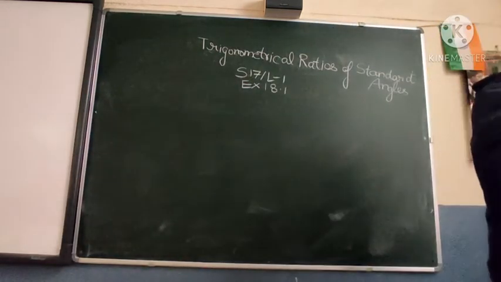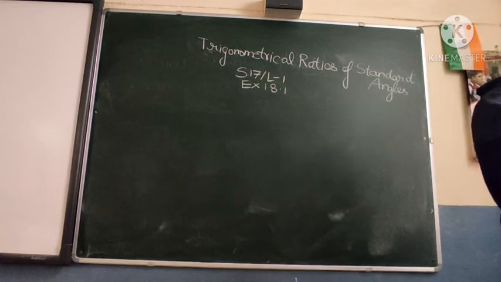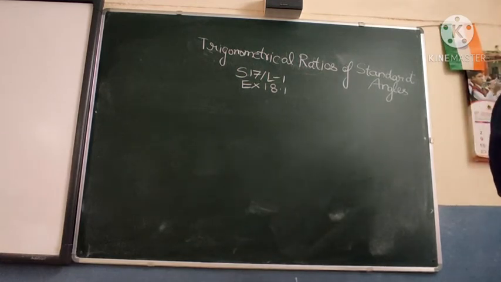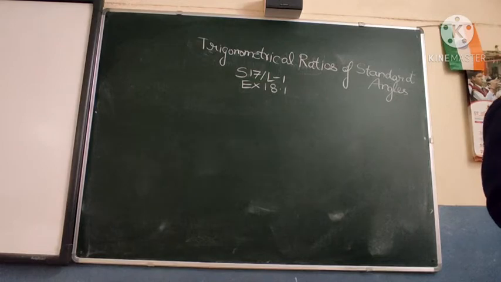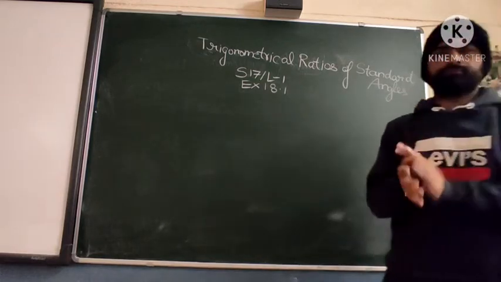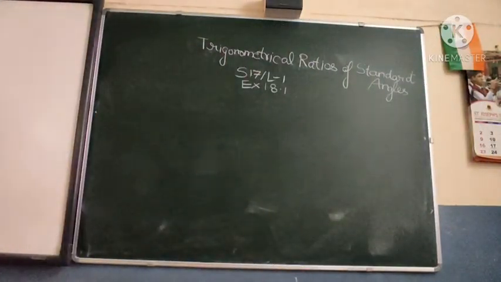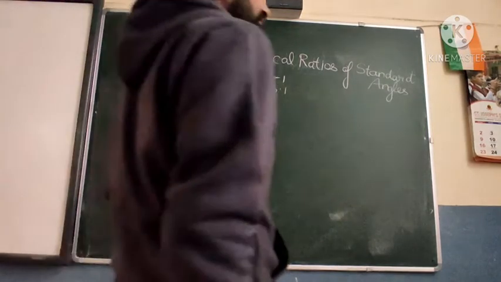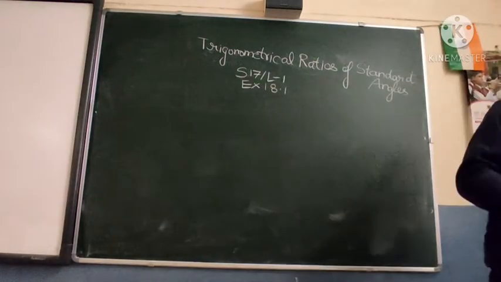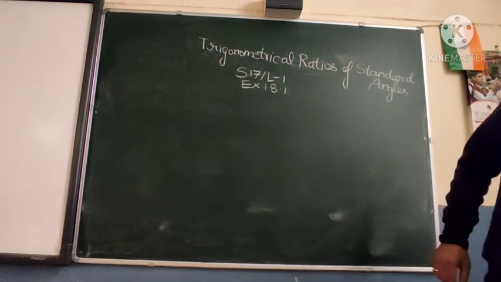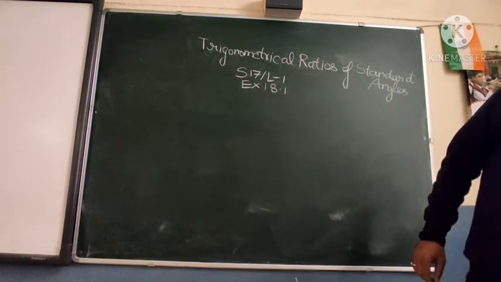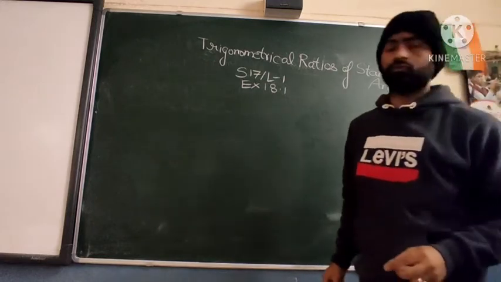I am taking the next question. Now it is up to you how you remember the questions and how to do the things. Here's the question I am solving now for you on the board. The question says, if theta equals 30 degree, find the ratio of 2 sin theta.